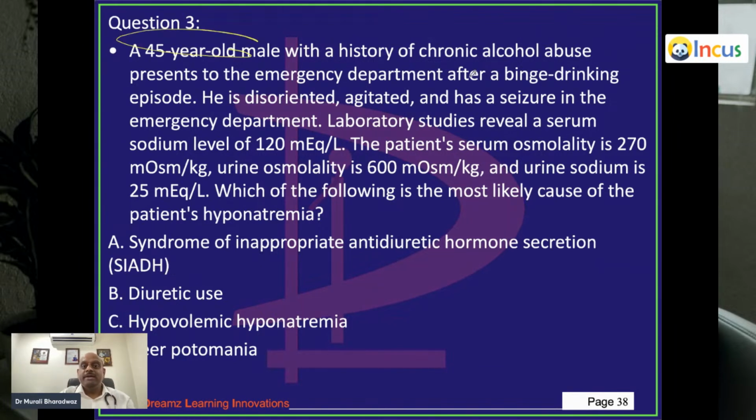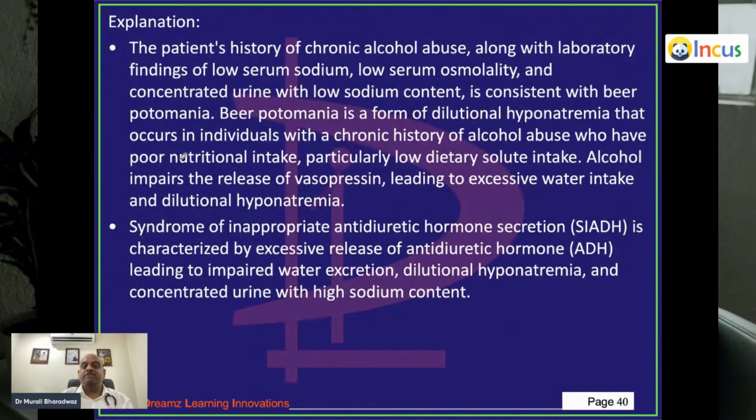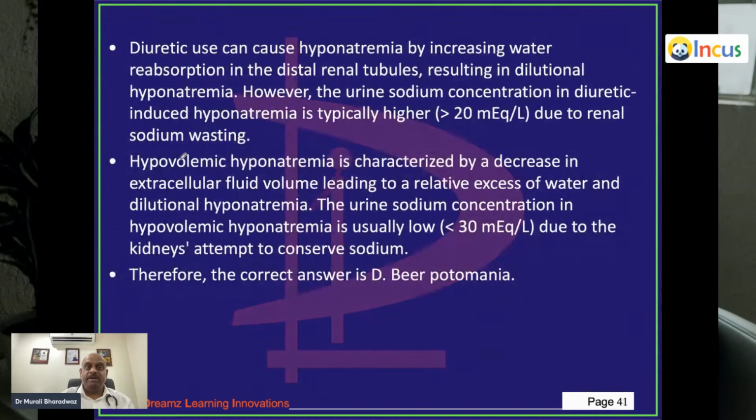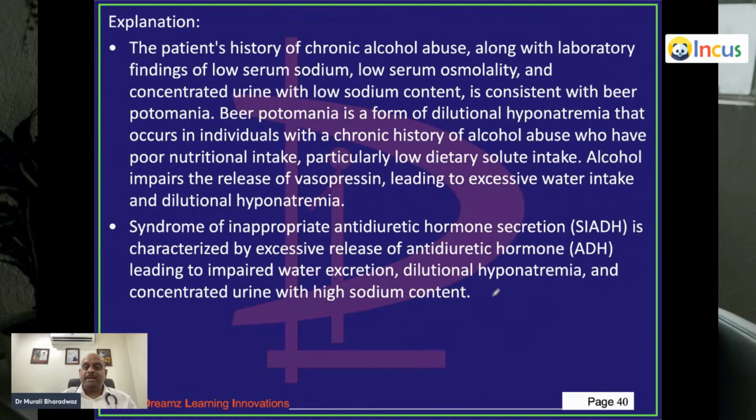A 45-year-old male, history of chronic alcohol abuse, disoriented, agitated, seizure in the emergency. There is a serum sodium of 120, serum osmolarity 270, urine osmolarity 600, urine sodium is 25. What is the likely cause? So this is an example of beer potomania. Typically, impaired water excretion, dilutional hyponatremia, concentrated urine with a high sodium content is the feature of